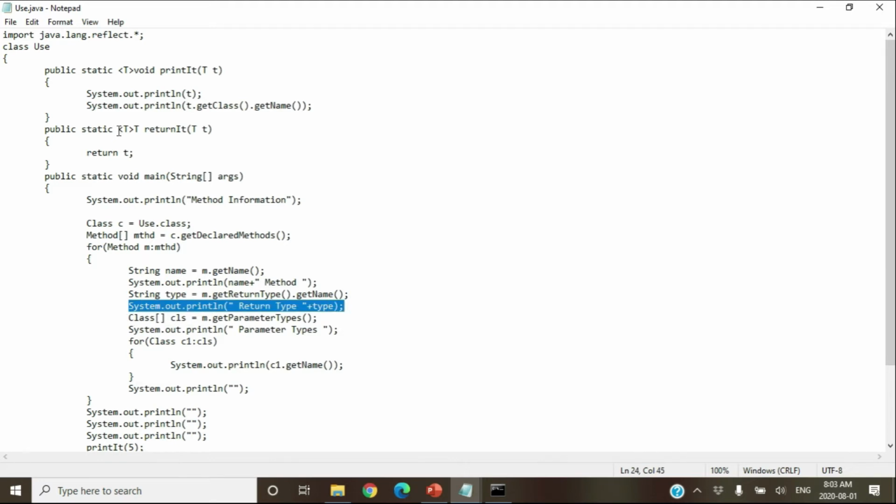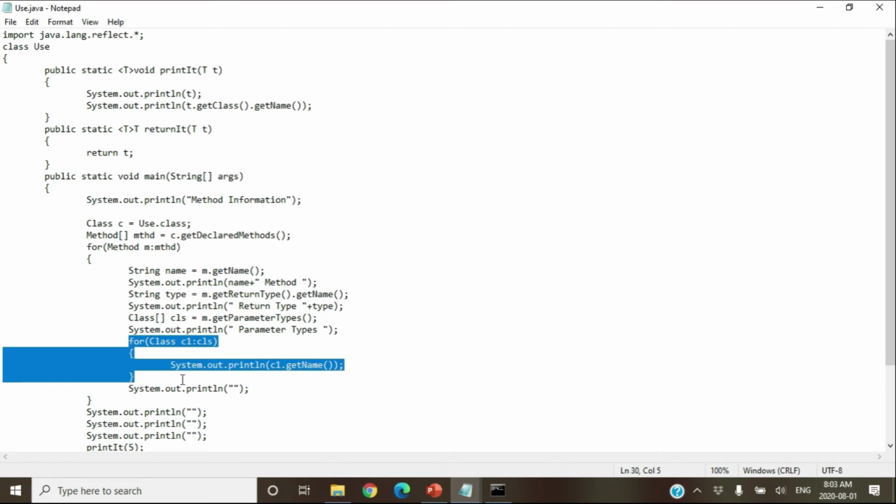So if the return type is considered as java.lang.Object, then it will print java.lang.Object. If the return type is void, then it will print void. After that, we are printing the parameter types of the methods. If a method is accepting a parameter of type java.lang.Object, then it will print java.lang.Object.